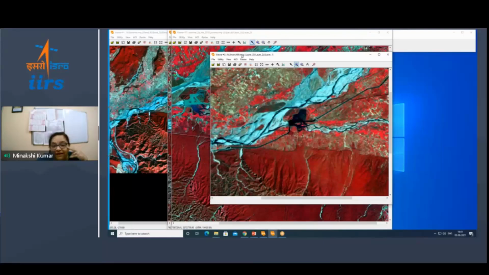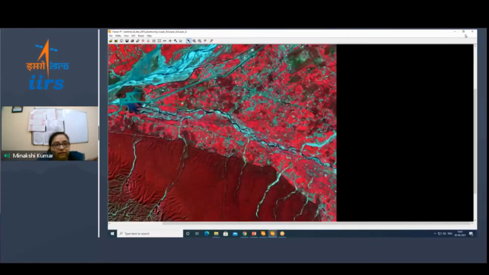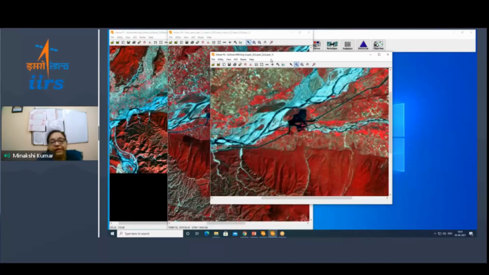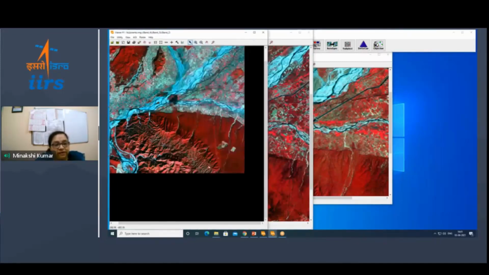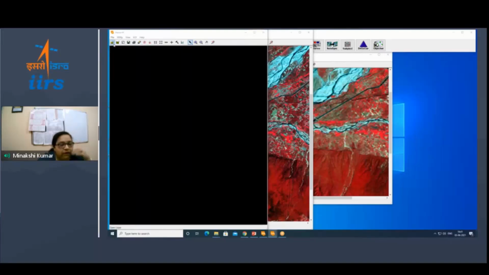is a 1999 image. So I have used a wide variety of images, from 1990 to 1999, a 2004 image, a 2013 image and a 2019 image. The data sets I've tried to show you are for the same area. Now, if I use any one screen, let's say this image which I'm seeing here, it was not like this, right? What the image was, if I open it again,